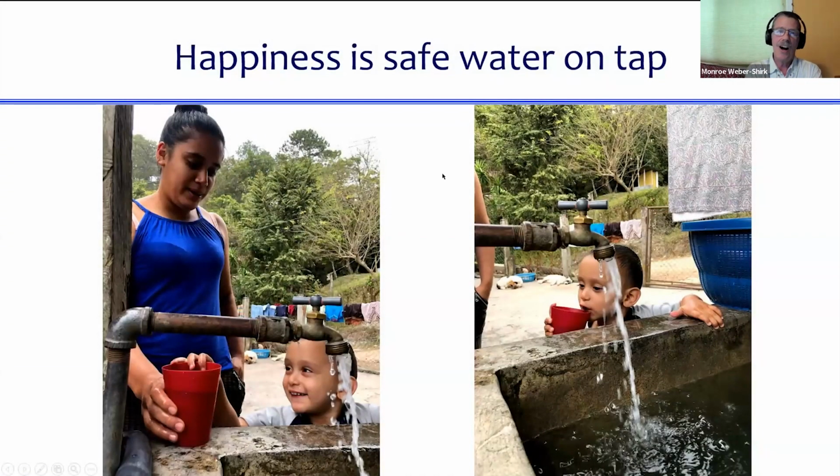And there are all these people who are just so thrilled and proud of the fact that they now have safe water on tap. And Onshape is now playing a key role in helping us take this forward so that even more towns can have safe water. And with that, I'd like to end, and I'm happy to take questions.